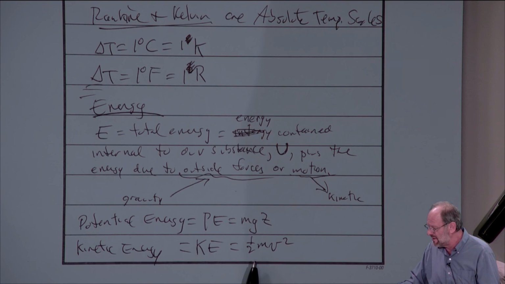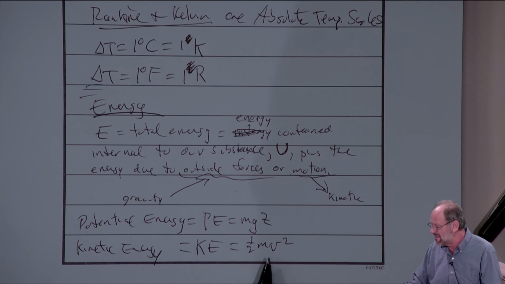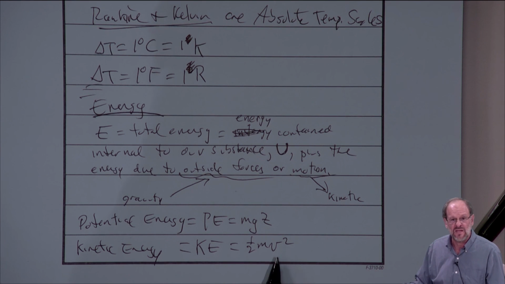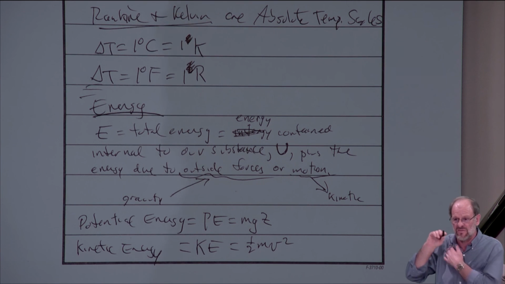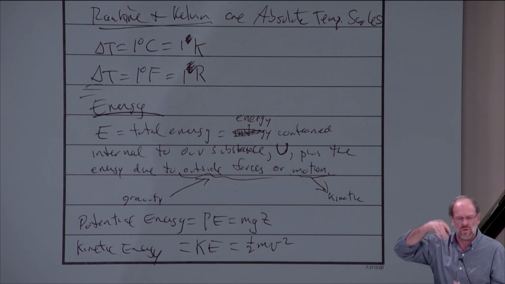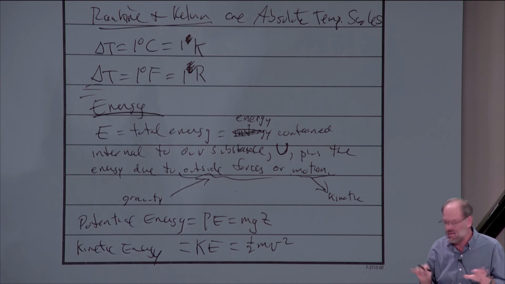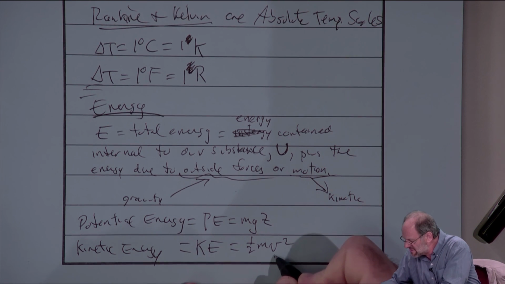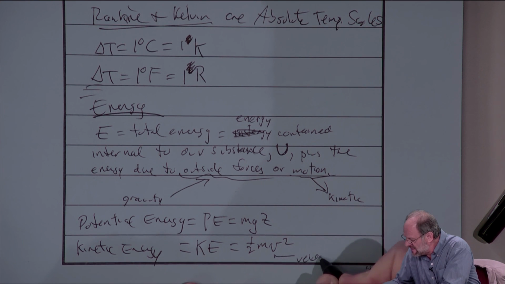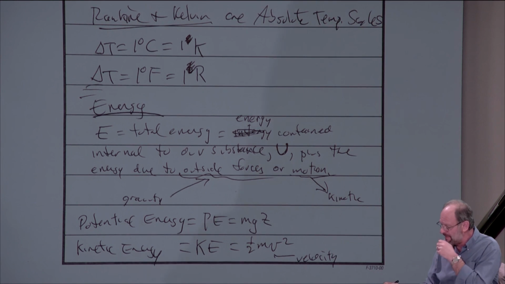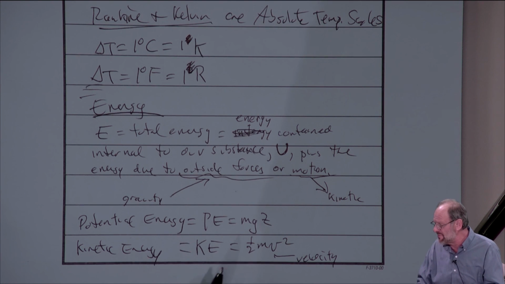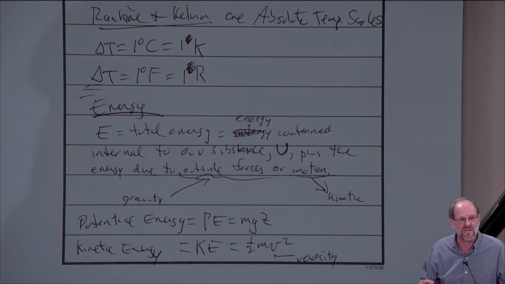Please note that lowercase m is mass, right? And the lowercase v, in this context, I use a cursive letter v, and that's velocity. Okay, the specific volume was also a lowercase letter v, but it had a little pointy bottom and it looked more like the Greek letter nu. So this is how I'm going to make my distinction between specific volume and velocity. So this lowercase cursive v is the velocity. Okay. By the way, if it wasn't obvious, above g is the acceleration of gravity, and I think I already wrote that down somewhere once upon a time.